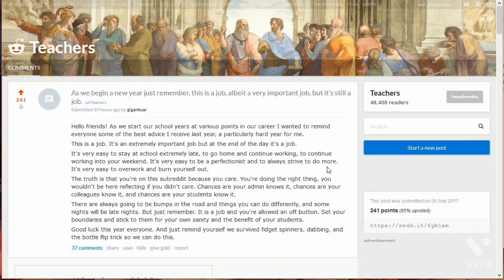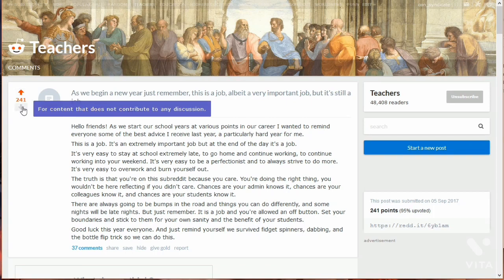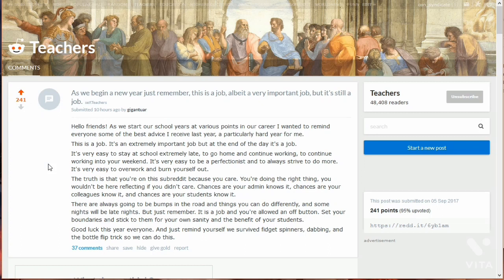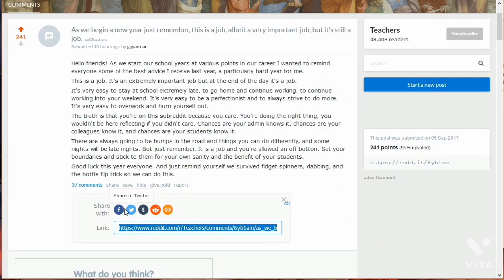First of all, let's try upvoting a post. All you need to do is click on the upward arrow beside the post. Clicking it will add points to a thread. You may downvote a post, however, a post should only be downvoted if it is not relevant to the subreddit. You can even share the post to multiple social network platforms if you want to. Facebook, Twitter, Tumblr, within Reddit, or manually embedding the post.